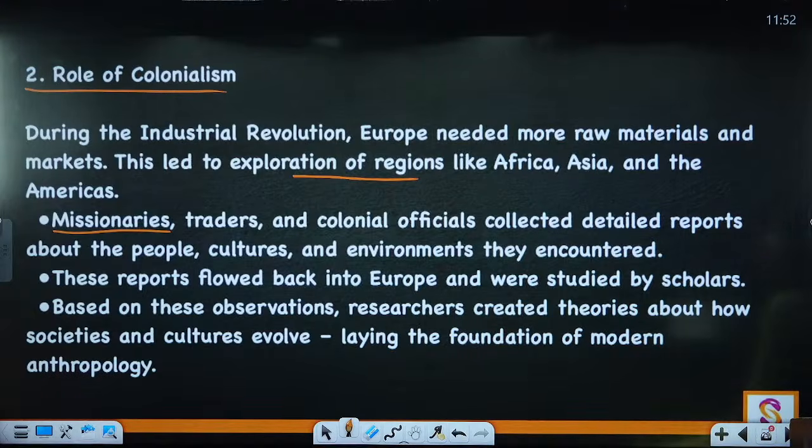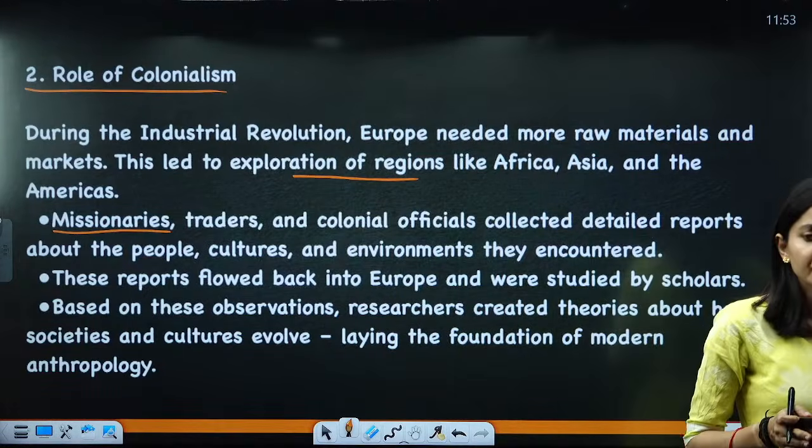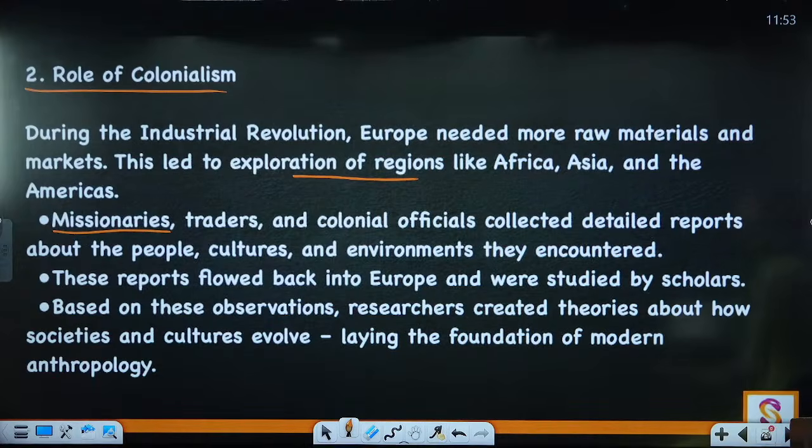Role of colonialism. So write down, during the Industrial Revolution, Europe needed more raw material and